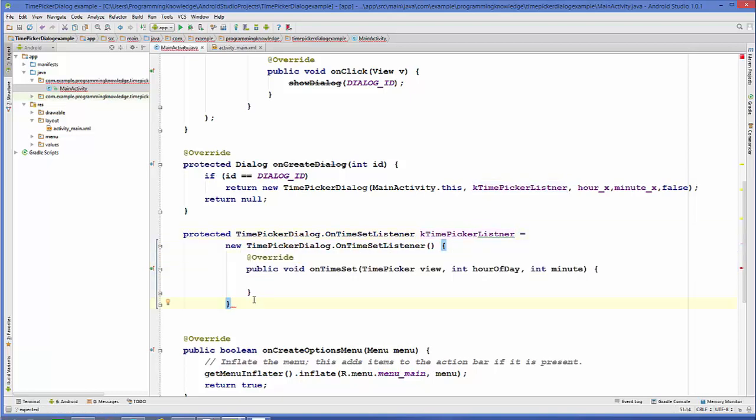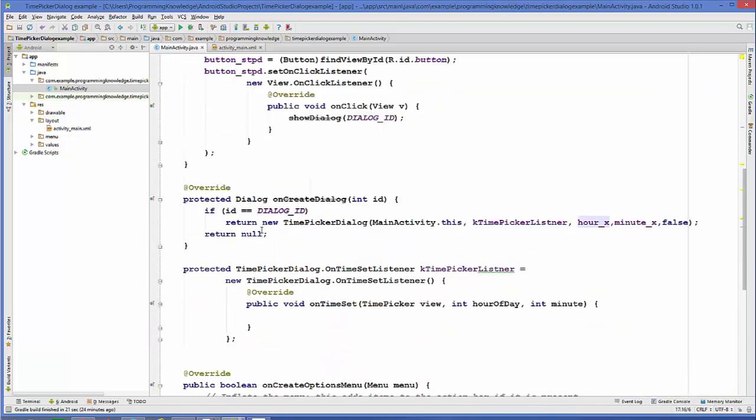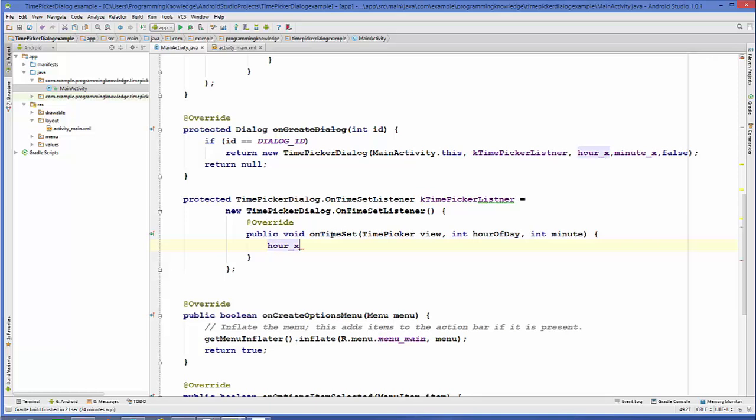And don't forget to close this by semicolon. And in here, inside this onTimeSet method, first of all, we are going to set the values of hour and minute.